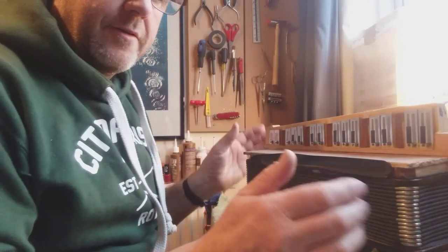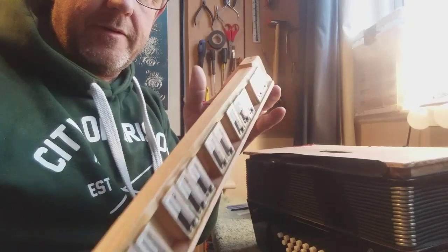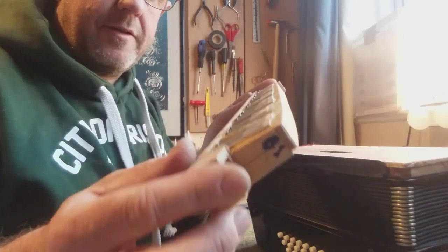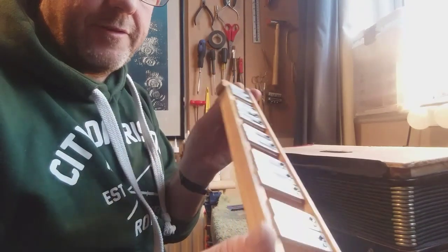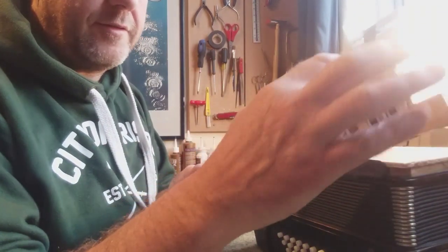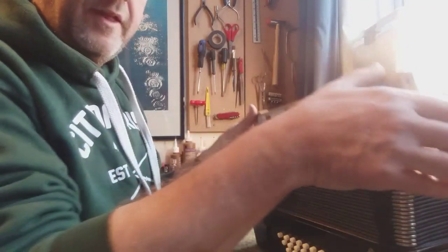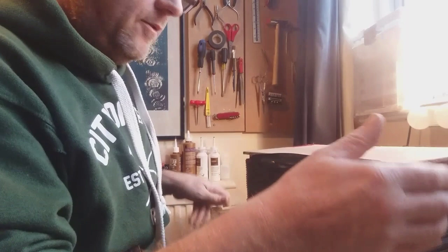Okay, so I've got the reed blocks out, and this is one of the sets of reed blocks, and it's got the high and low tuned reeds. So the lower ones are tuned at concert pitch, and the higher set are just tuned slightly above to give the tremolo. So what I'm going to do now is put this onto my tuning bellows here, which I've made,